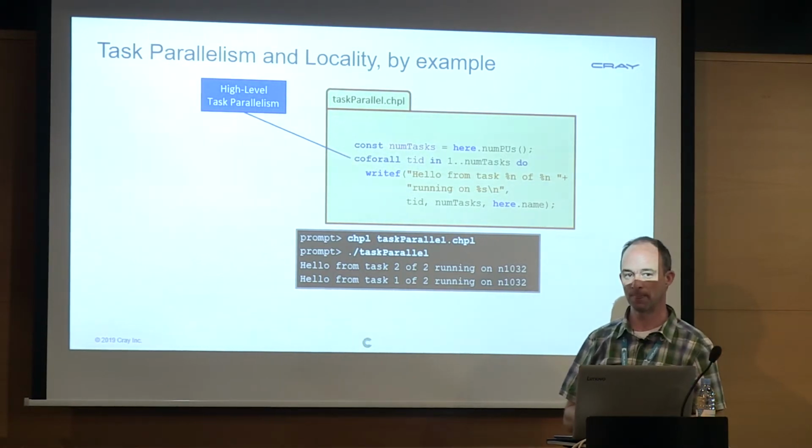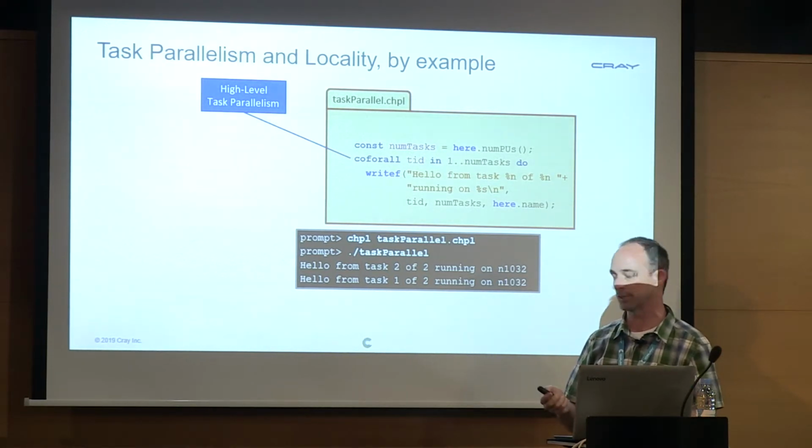Yeah? You mentioned before that forall doesn't have any order either, so how does coforall differ? That's a good question. Let me come back to that. I'm going to get to forall on a slide, but there's a subtle distinction between them, but you're right, yeah. They're both parallel loops. This one, though, is very explicit. It literally says every single iteration is a separate task.